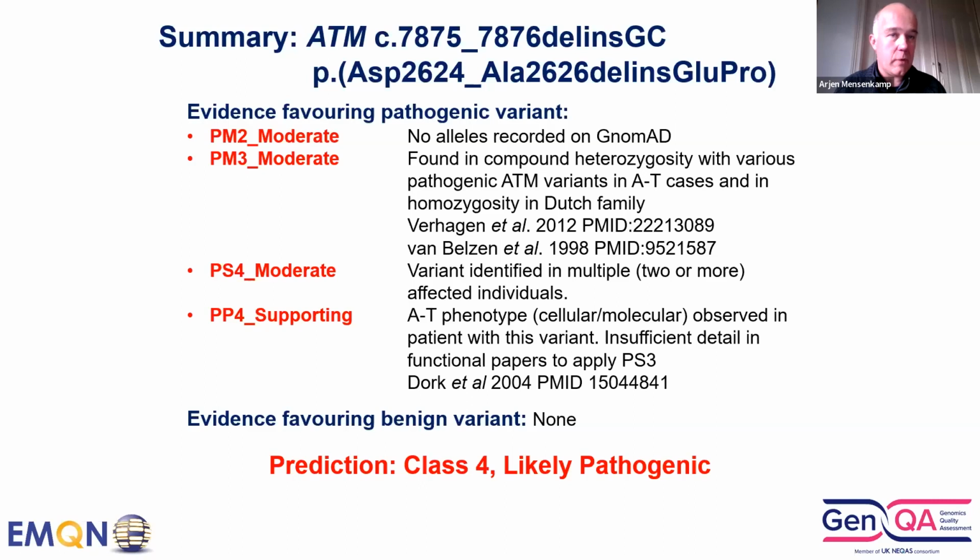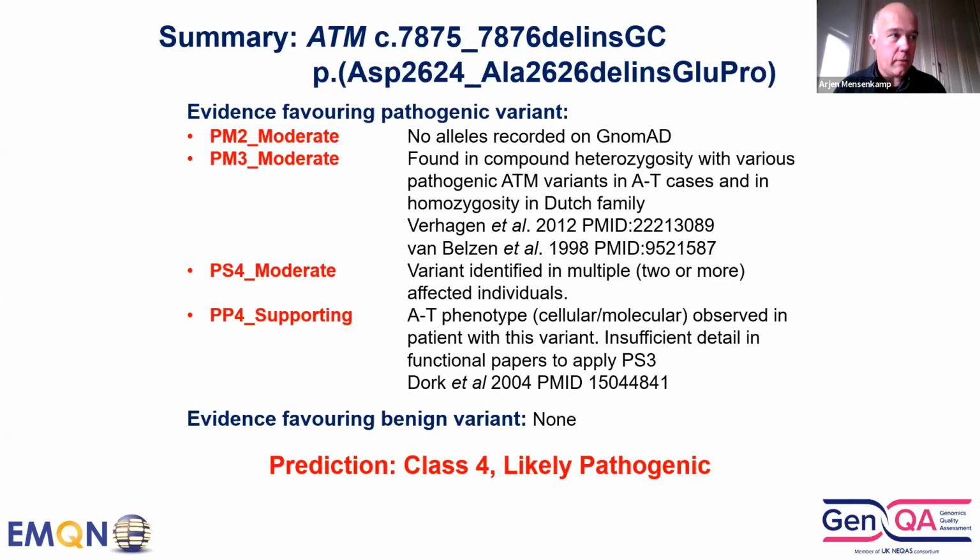So that is quite straightforward to class 4. Some people also used PS3, which I'll come back to later, and which makes sense as it has also been put in literature, especially in the older literature. Most of the time in those articles, they only state that the variant is kinase deficient, and do not really work out how they did the assay, and the variant does not really rely on the current standards that we now put on a functional assay,